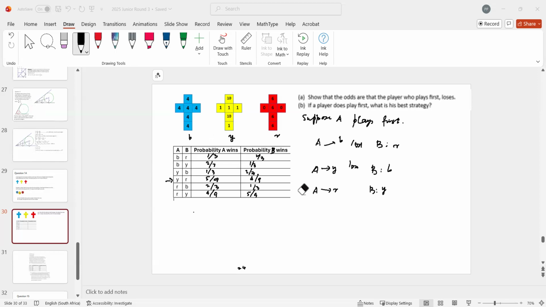And then the second question is, if a player does play first, what is his best strategy? So suppose A plays first. Now that means what must he choose? Which color must he choose if he's playing first? So if you think about that, again, if you look at this table, you will see that suppose A chooses yellow,